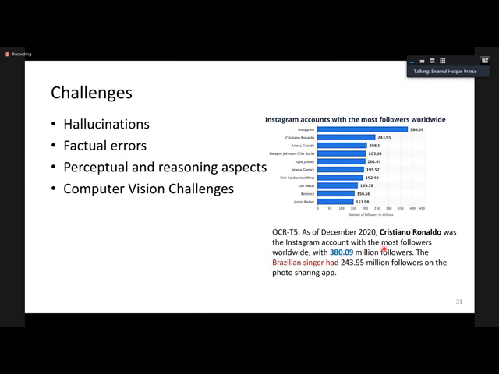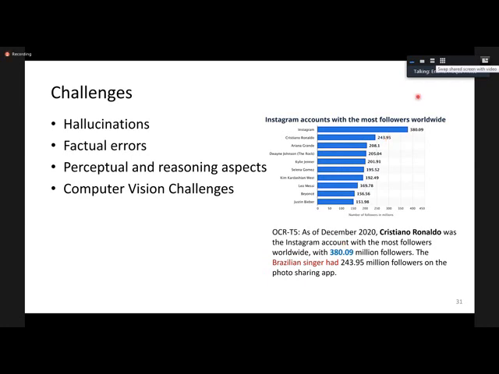We see that there is a bit flip between the values, because Cristiano Ronaldo actually has 243.95 million Instagram followers as opposed to 380, but the model misjudged between these two because it does not have access to the underlying data table.